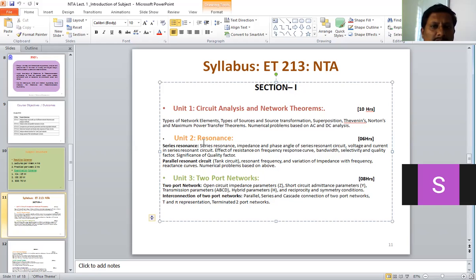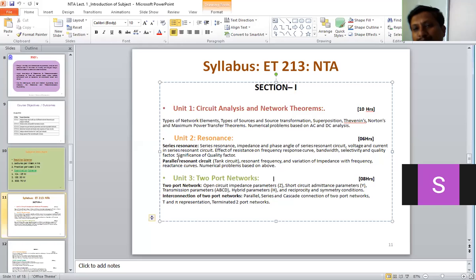So what is the concept of resonance? What are the applications? What is the analysis? All these points we can discuss in this chapter. After the theoretical part and derivations, there are many derivations in this chapter, and a number of times derivations were asked in the university question paper. Numerical examples also we have to solve based on series resonance as well as parallel resonance, and a number of times numerical examples were also asked in the university question paper.